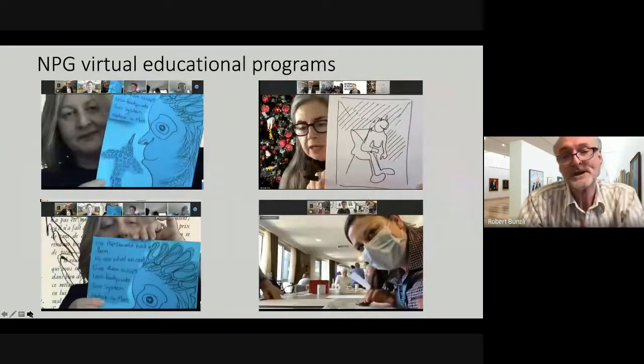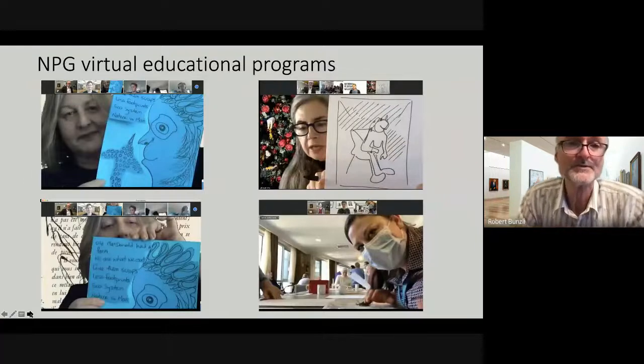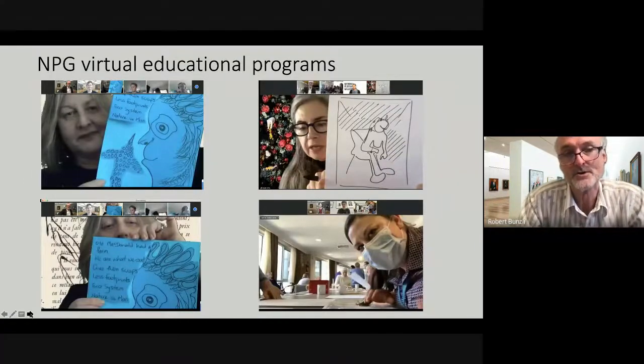So the National Portrait Gallery over the last 6 years has developed a whole suite of virtual education programs. Now these are in a whole range of different areas. One that you would obviously assume that we do is art making workshops and aligning with the visual arts criteria of the Australian National Curriculum.